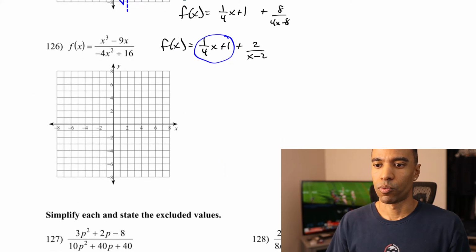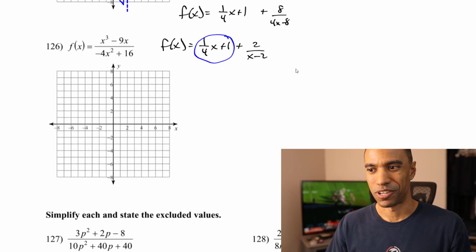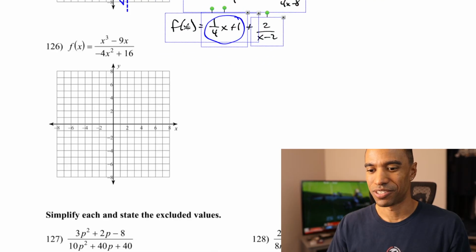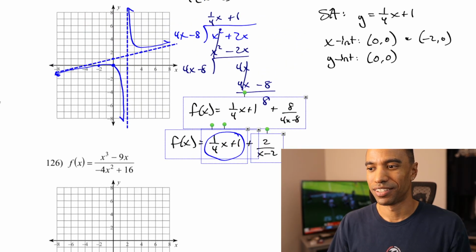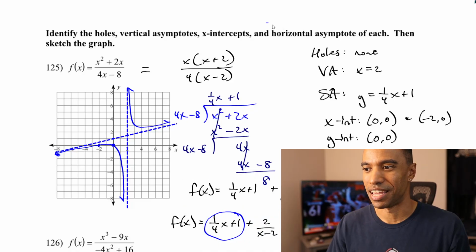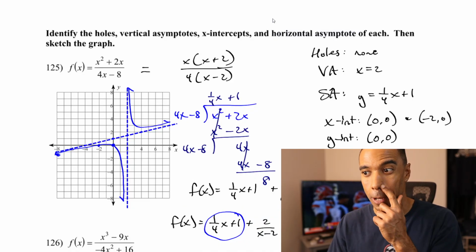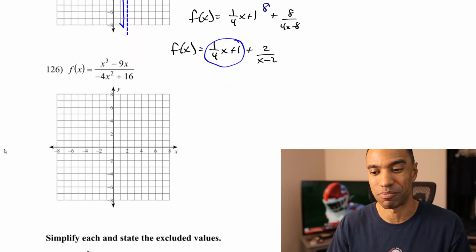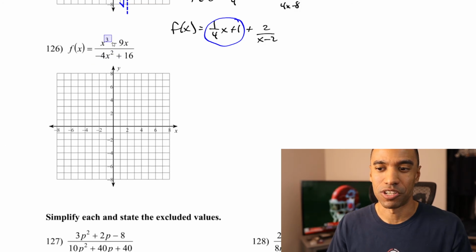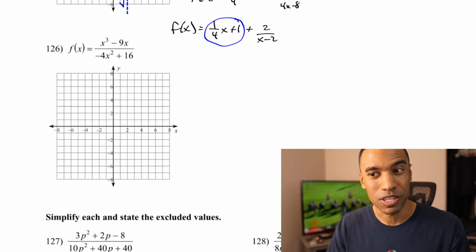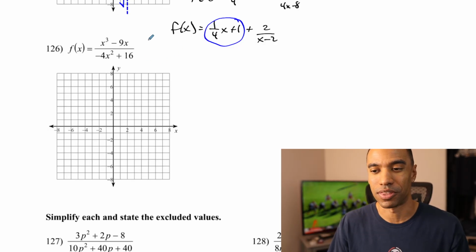All right, number 126, also a slant asymptote, I just noticed. So you're going to deal with slant asymptotes here. What I like is they say, hey, tell about the horizontal asymptote. They don't have horizontal asymptotes. They have slant asymptotes. I know they have a slant because the numerator is larger than the denominator, which means we are going to have to do long division on this thing to figure out what the slant asymptote equation